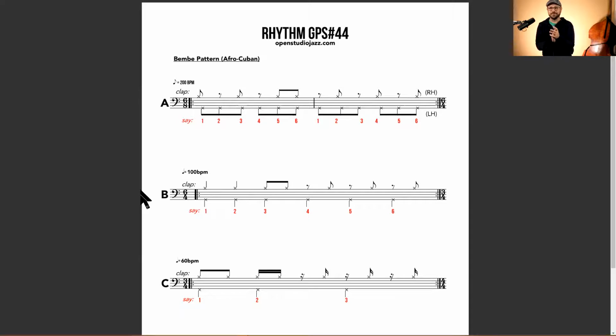Counting in 6 with eighth notes: 1, 2, 3, 4, 5, 6. Okay,